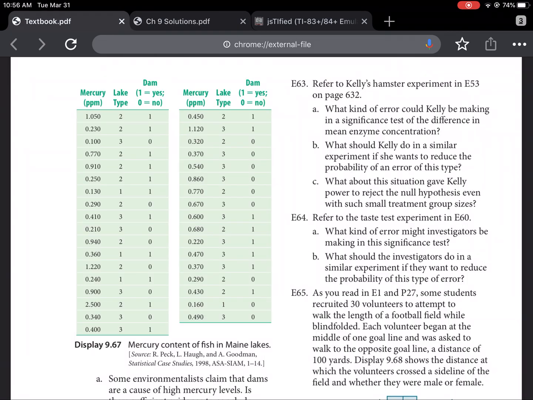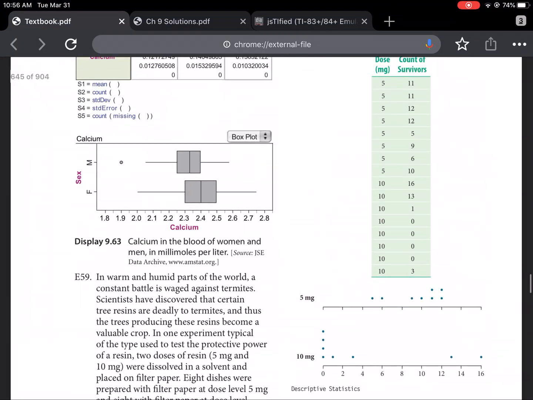Finally, in part C, what about this situation gave Kelly power to reject the null hypothesis even with such a small sample size? And that goes back to what I told you guys earlier, in that if the results are far enough away from 0, then you're still going to have that power. The only reason her results ended up being far enough away from 0, if we go back and look at the data though,